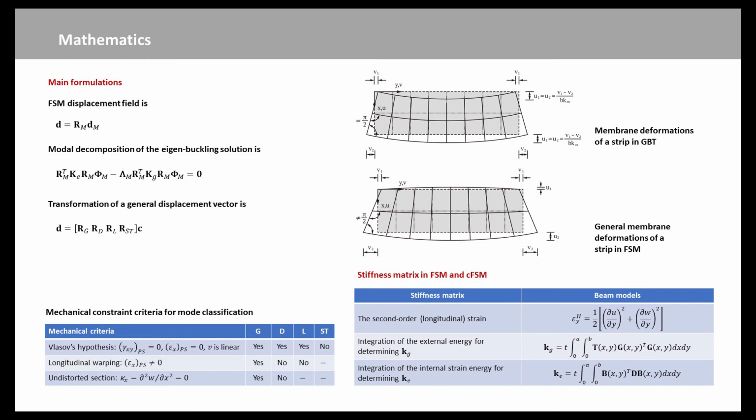First, we must recognize that G, D, L, ST spans the entire FSM deformation space. As such, taken as a whole, the developed Rm constraint matrices represent an alternative basis in the FSM space, one in which deformations are categorized. This basis transformation of a general displacement vector d can be expressed, where C now provides the deformations within each class, CG, CD, CL, CST.